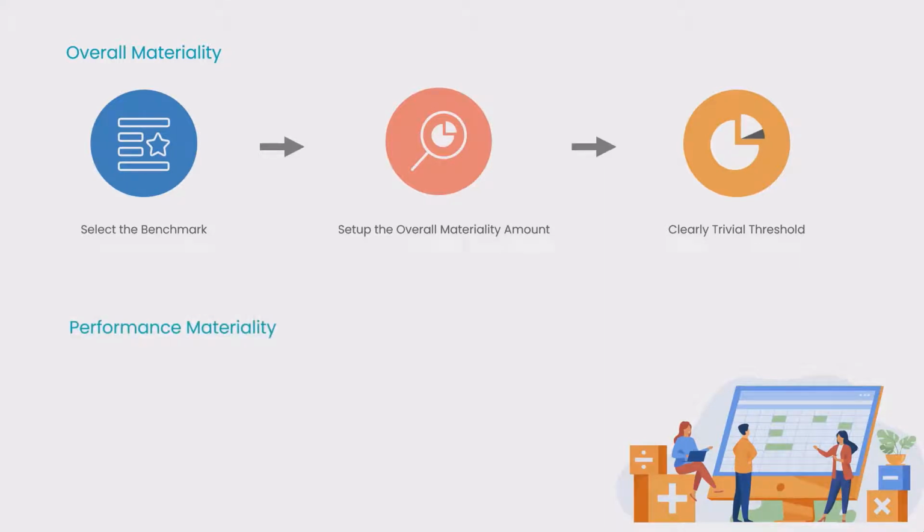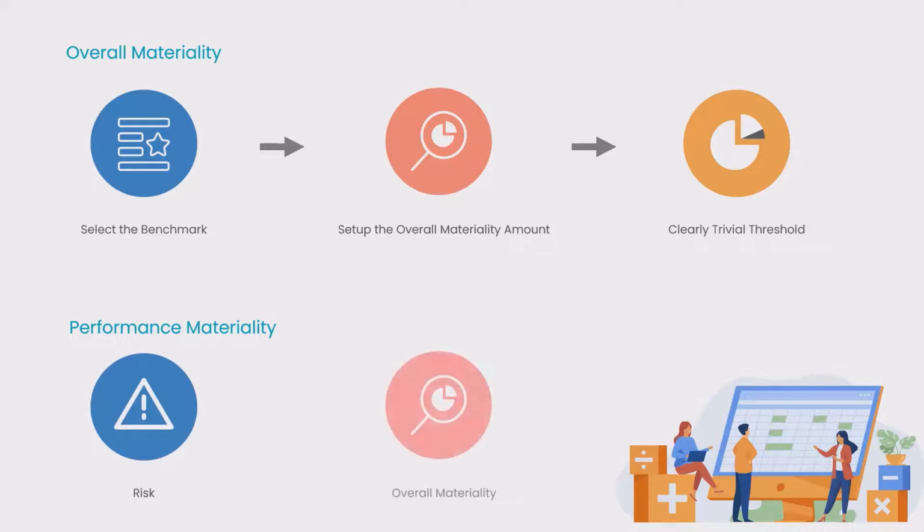So we need to calculate the performance materiality, that is working materiality, to set a numerical value to apply during sample selection and to decide which areas to audit. Based on this overall materiality computed and the risk assessment done, this performance materiality will be auto-computed by the system. Now let's see how this is all done in the Smart Audit.